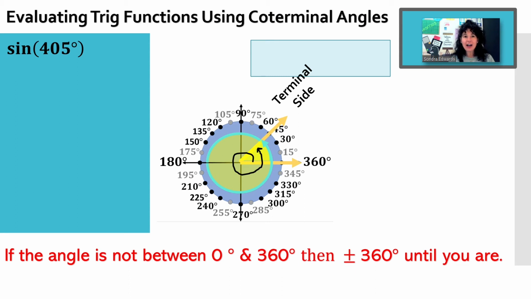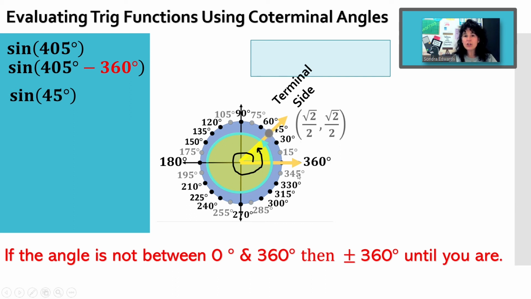Now 405 is just a little bit more than one full circle, so I'm only going to need to subtract 360 one time, giving us 45 degrees. Then we go to the coordinate at 45 degrees, which happens to be, when we look at these three dots,